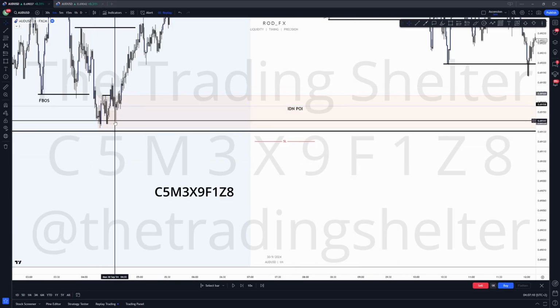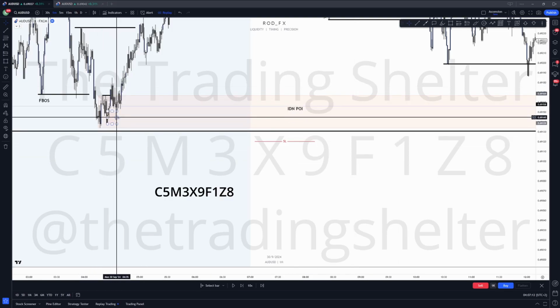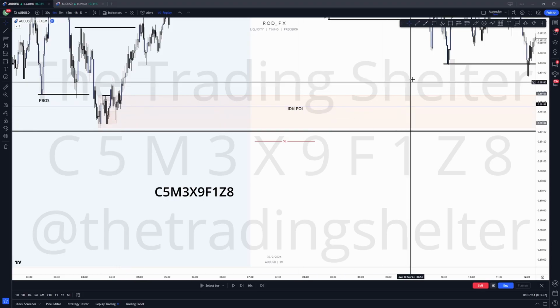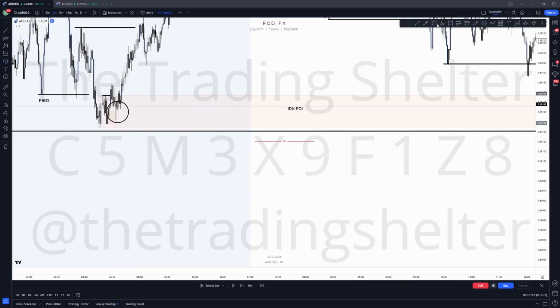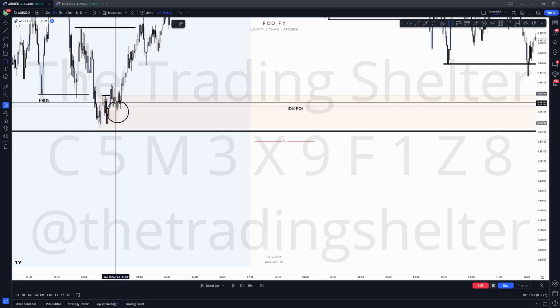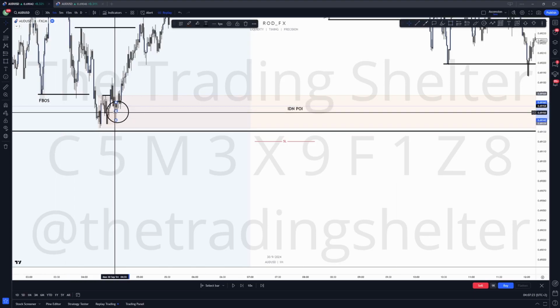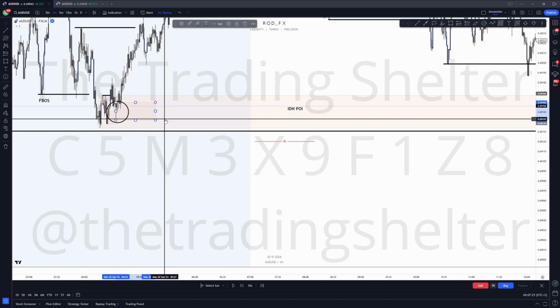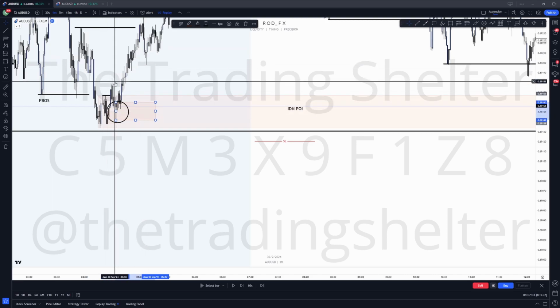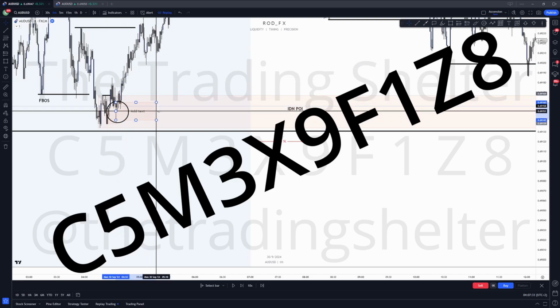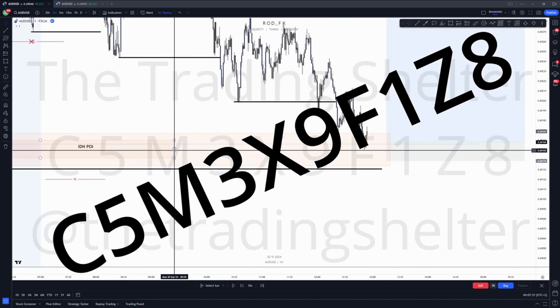Now, this week, I love how it rejected this zone. So this means volume, this means inducement. So this is potentially the stop, the point where everything got started. As you can see here, all those rejection candles and the big push have a big story, but I'm not going to talk about it.